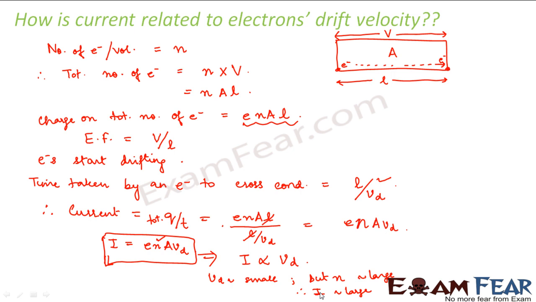Right? So now I hope that the concept of drift velocity is clear to you. I hope you now understood how basically a current flows within a conductor. Who carries the current, and how the carriers carry the current.